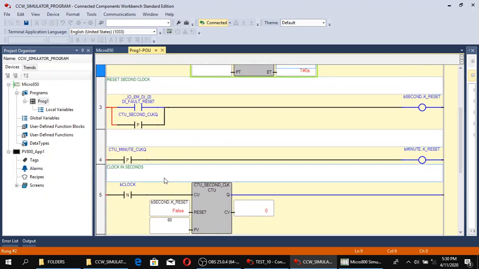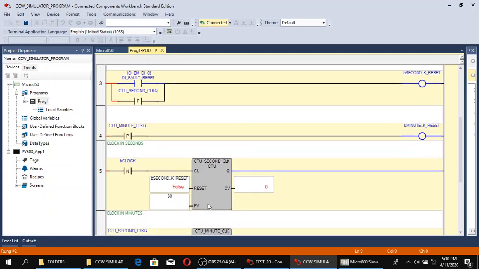and I use the clock here on a counter function block. This is a CTU. CTU means up counter. So after counting 60 seconds, it will reset itself, and then